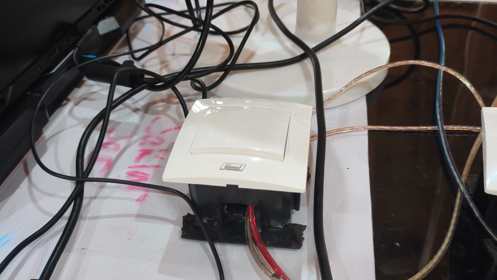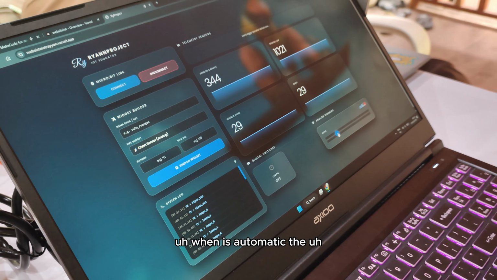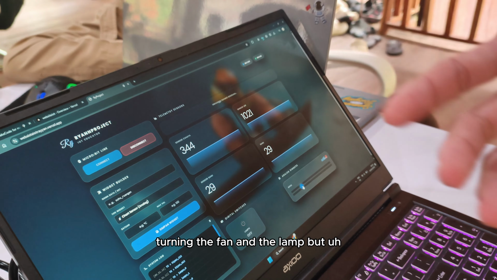We also have a website to monitor the automatic turning on of the fan and the lamp. But note that the fan works only in automatic mode, not in manual.